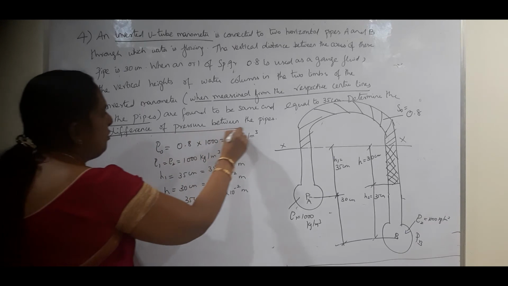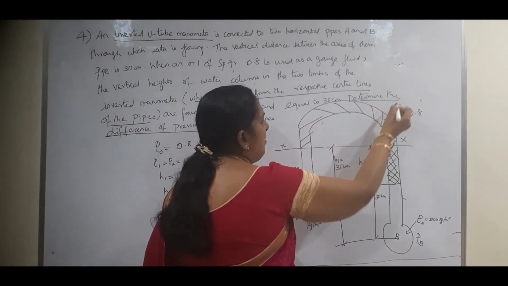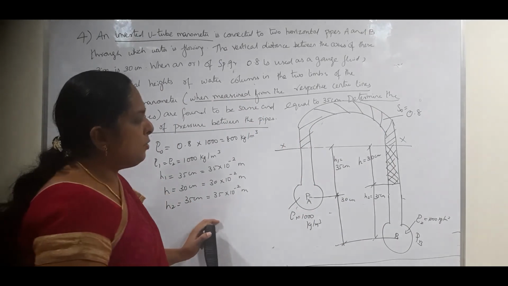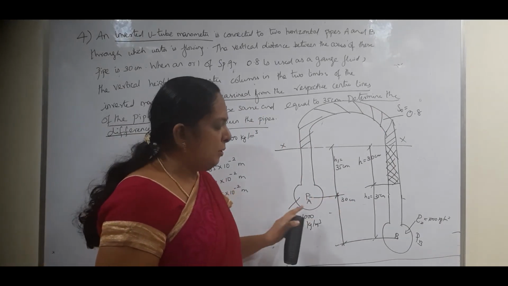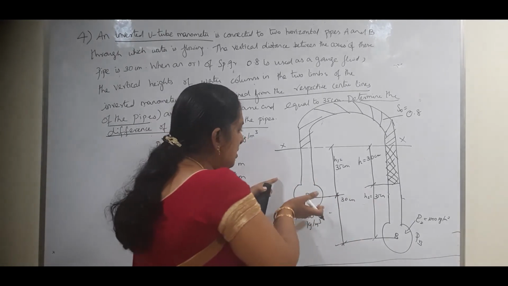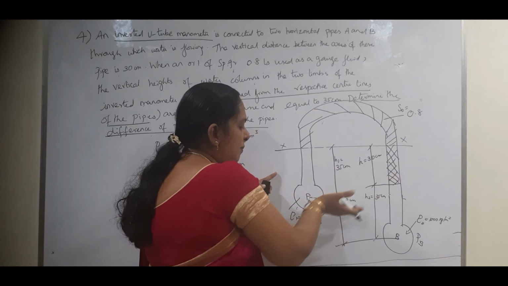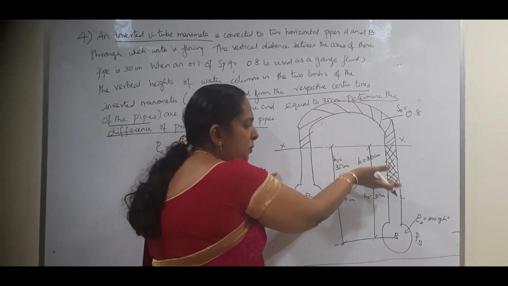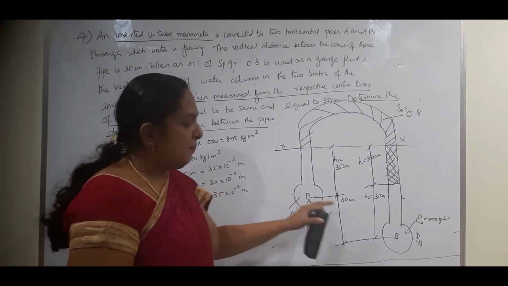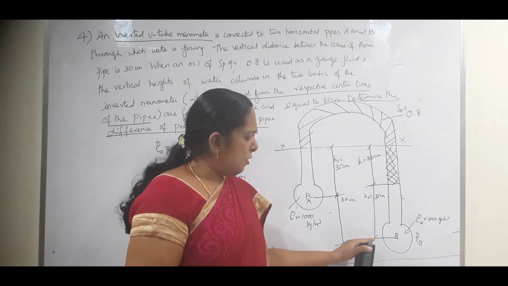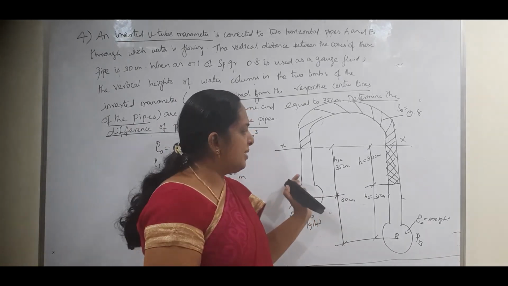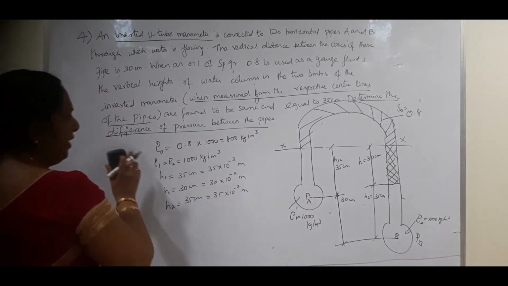They have asked what is the pressure difference between the two pipes. It's very simple, PA minus PB or PB minus PA. Since this pressure is very less compared to this pressure, why are we saying this pressure is very less? Because the mercury is being pushed to that side. Because of the higher pressure, the mercury is being pushed to the right limb. That means the pressure in A is greater or the pressure in B is greater? So we have to find out this PB minus PA. Okay, so the pressure difference is what we have to find here.